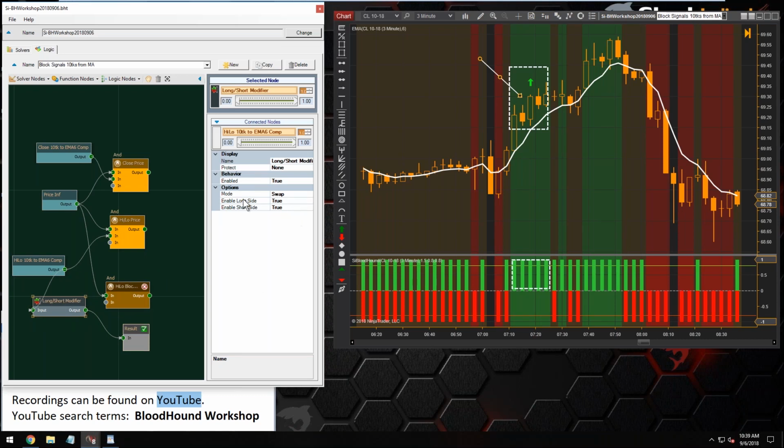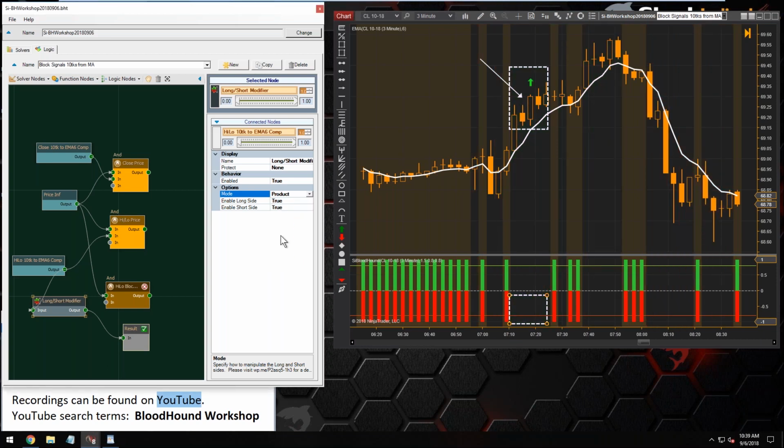And now with the long-short modifier, I can go in here and play around with the mode to figure out what mode will get rid of the other signals here, right? So if the shorts are absent, what mode can I use to get rid of the long outputs? Or if the long outputs are missing, what mode can I use to get rid of the short outputs? You can just mess around here and play with it, but